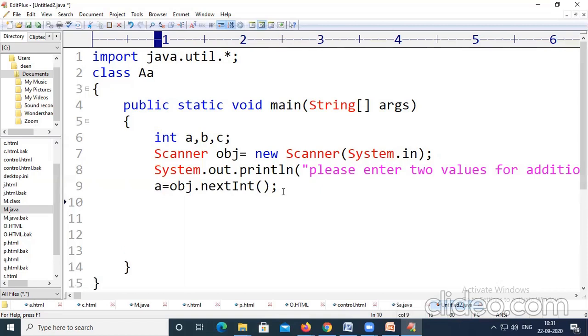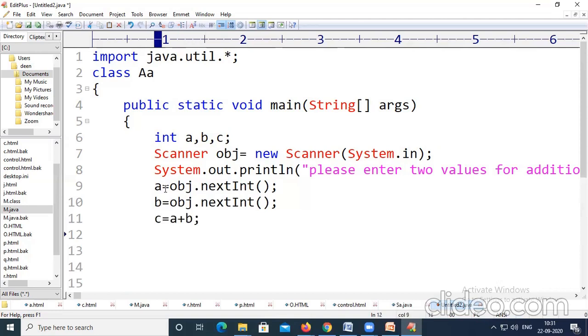So we have asked for two values. The given first value will be stored in a, and we need to store the second value in b. So we have to give b = obj.nextInt, and now we have to write c equal to, we want to add this a and b.